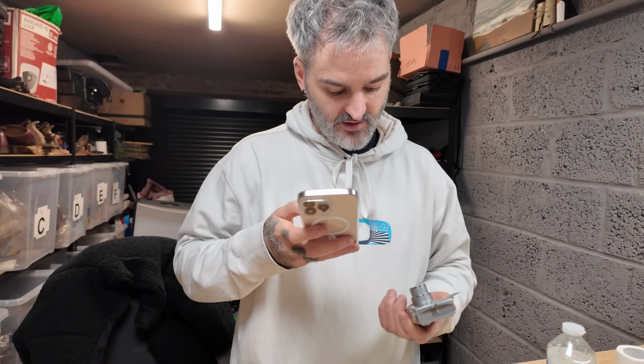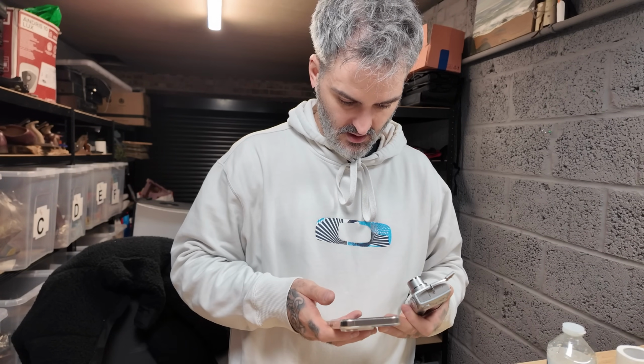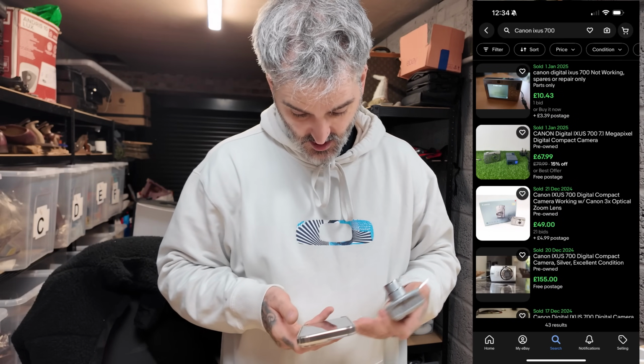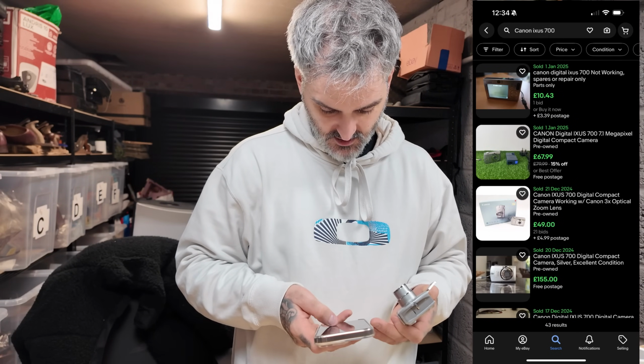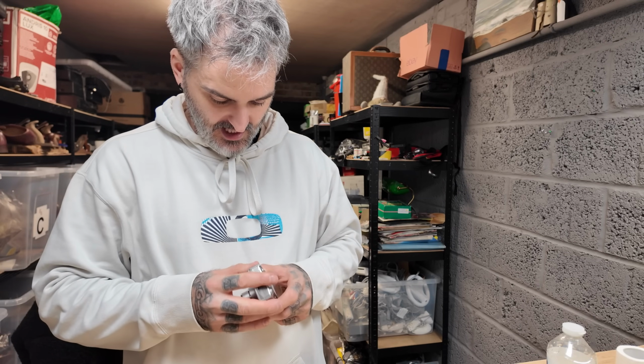Canon Ixus 700. What are they selling for? 67, 49, 155 in good condition, 85. So yeah, I might just buy a battery for it. But then again, that case looks like it's...